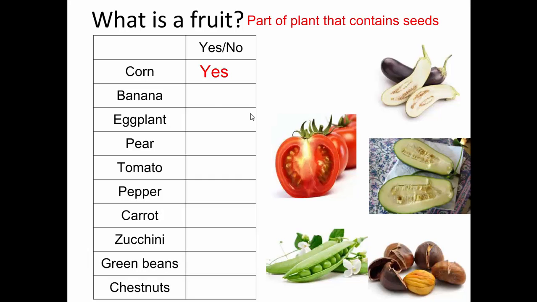A banana? Yes. Eggplant? Yes. Tomato? Yes. Pear? Yes. Pepper? Yes. Carrot? No. What is a carrot? Vegetable. It's a root, yes. Zucchini? Yes. Green beans? Yes. Chestnuts? Yes. So, many things that we consider nuts or vegetables are technically fruits. Because again,